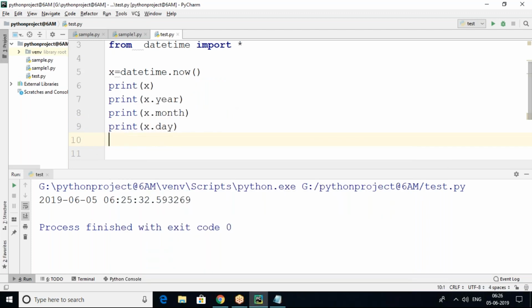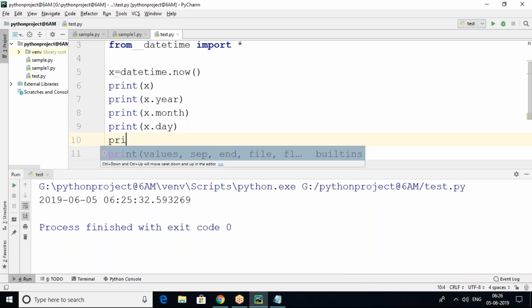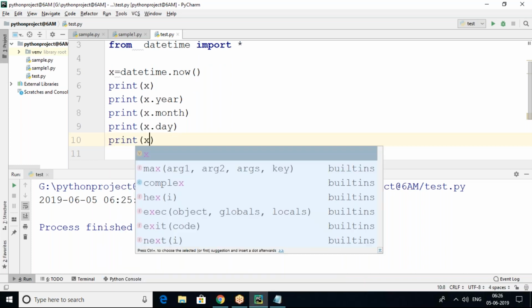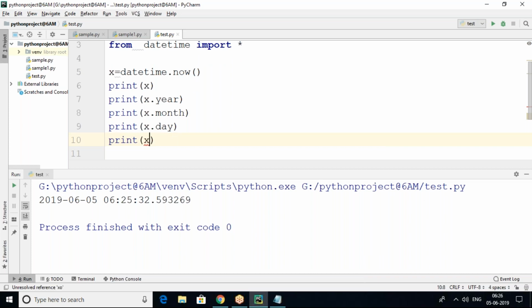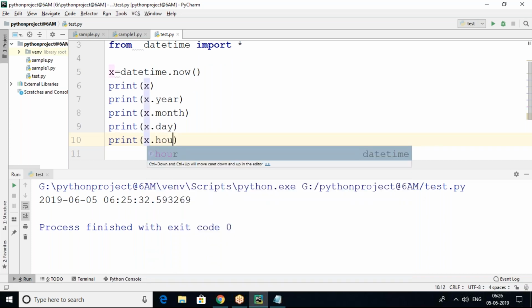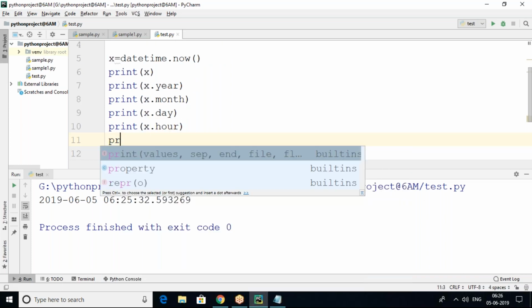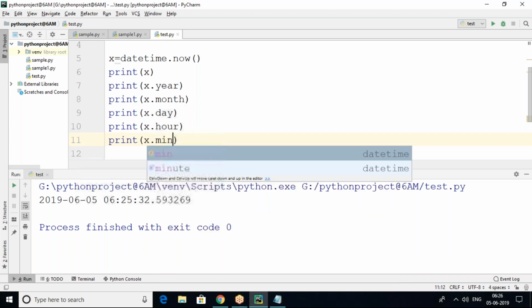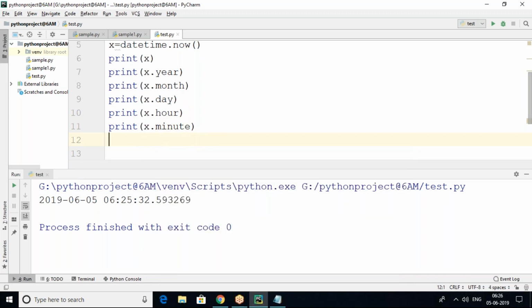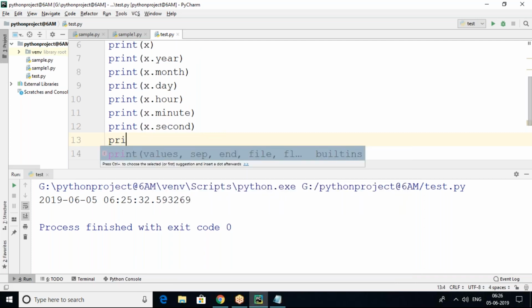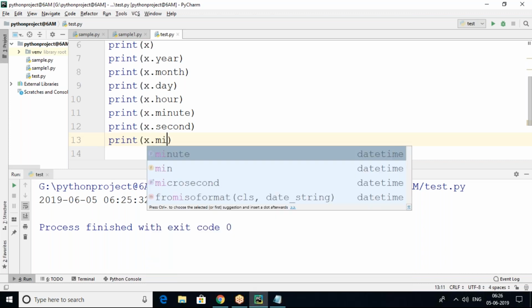So these are the date parts actually. So we can get each and every part from the day. Then x dot hour, you can get, print x dot minute, print x dot second, print x dot microsecond.